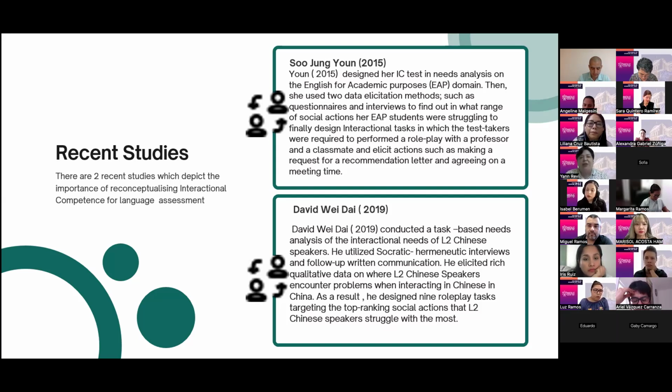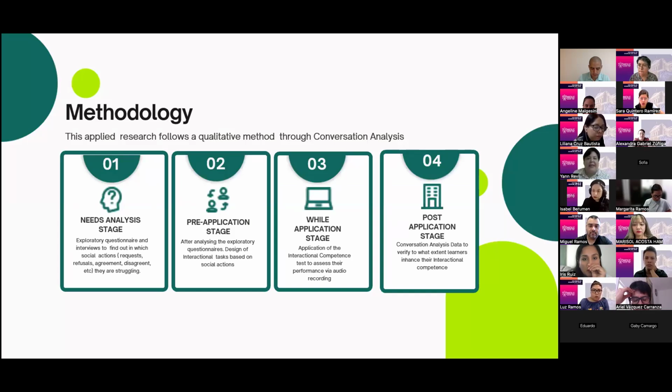So as a result, finally, he designed nine different role-play tasks targeting the top-ranking social actions that the L2 Chinese speakers struggle with the most. Okay, so those are the recent studies. For that reason,